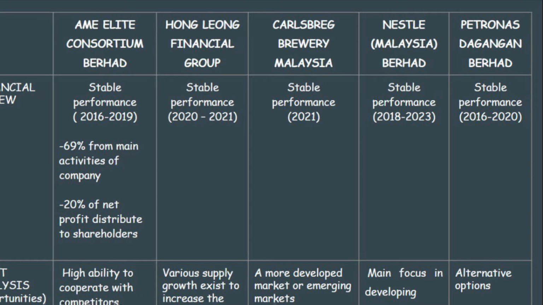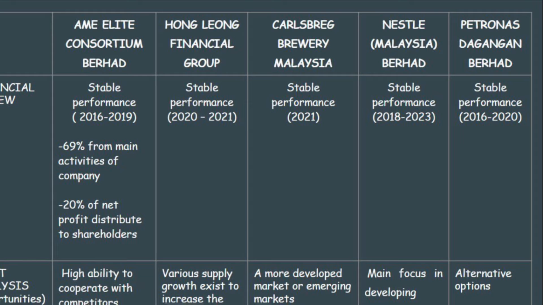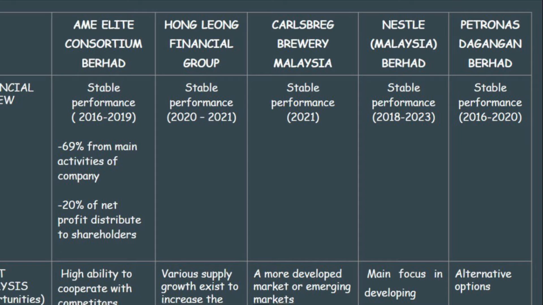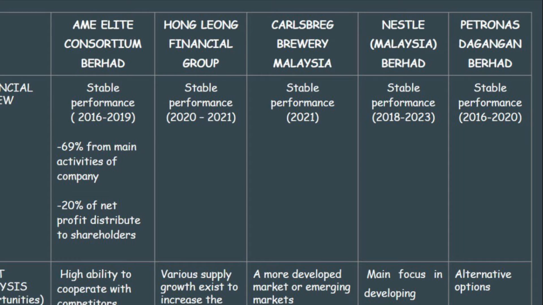And the last one is Petronas Dagangan Berhad, which is the financial performance or position of the last company. Petronas Dagangan Berhad, which is already known as the largest company, is definitely performing well in their finance. Although on the net income analysis graph they show a drop in value or percentage, they are said to still be able to control all the problems and maintain in the market and compete well with its competitors.